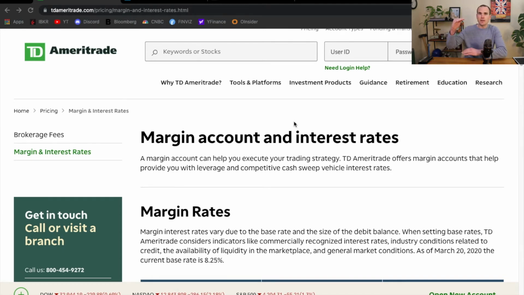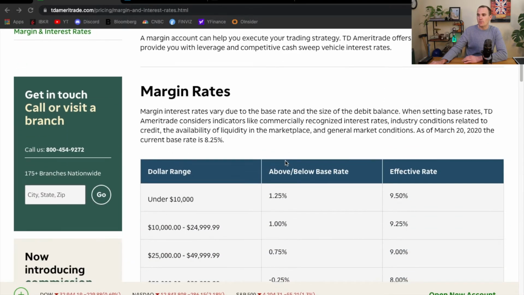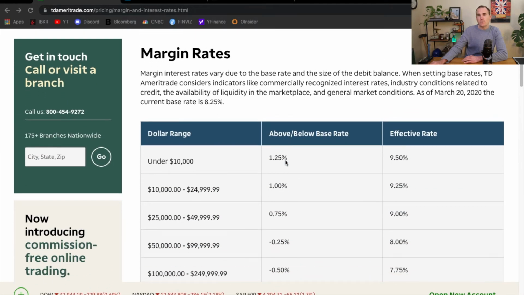That covers one of the ways that margin can be dangerous. Like we said, it amplifies your losses. But there are other ways that it can be very dangerous. And one of the ways is that it can be very expensive. Some brokers charge a ton for a margin loan. So we're on TD's website here, margin rate. You can go out and find this too. The rate that they charge for a margin loan for, let's say, $10,000 to $24,000 is over 9%. That is very expensive. Think about trying to take that money that you borrow and then go invest it and get better than a 9% return. That's very hard to do.